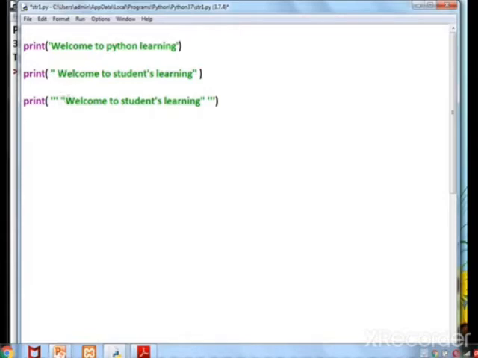Here we want the statement to be from double quotes to this double quote. So it is enclosed within triple quotes.